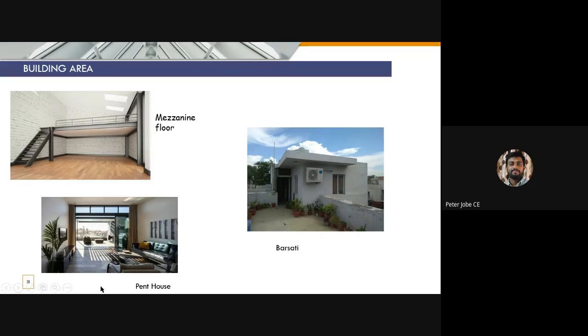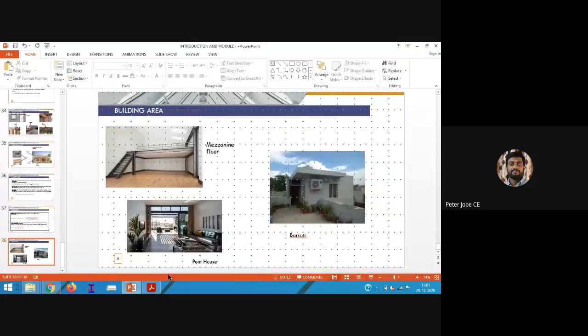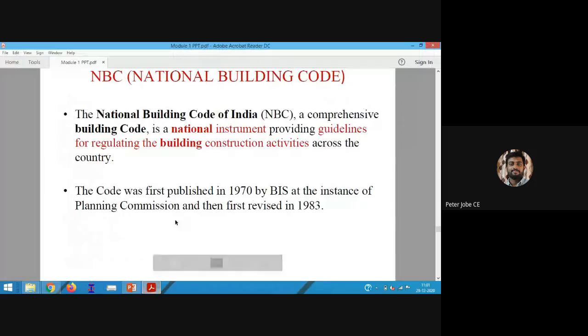So we have seen mezzanine floor, basement, penthouse, etc. And I hope everyone has understood the various terminologies used for the components of the building and also the various areas that are mentioned. Is there any confusion on the same? You can point out now. Okay, I hope everyone has understood. So next, we can move on to